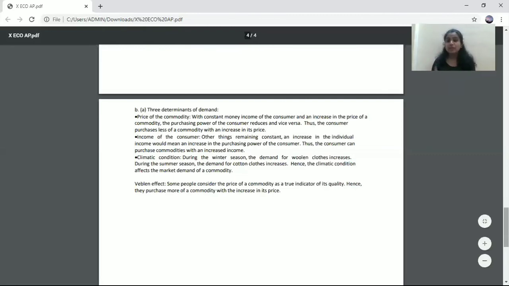Now when you just see the Veblen effect, you have to remember that when they're talking about the Veblen effect, it is the articles of distinction and exception that you're talking about, right? So you have to remember that the articles of distinction and Veblen effect are synonymous. Okay, they are one and the same. So if they mention just the Veblen effect, you remember that it is articles of distinction that you have to talk about. So you will explain that point, and you will nicely explain in 2 to 3 sentences. And once you've done that, you earn your full 5 marks. So this is how you will solve your